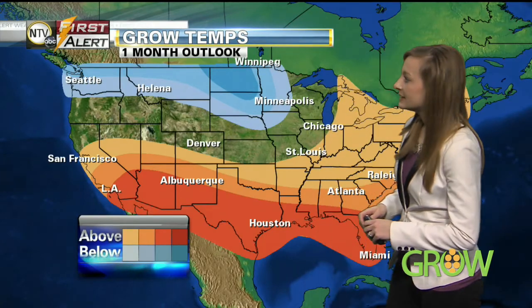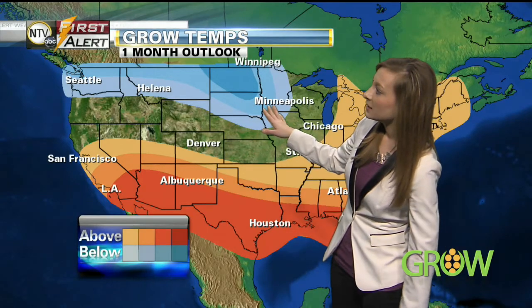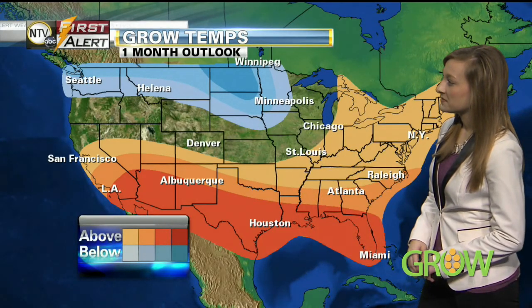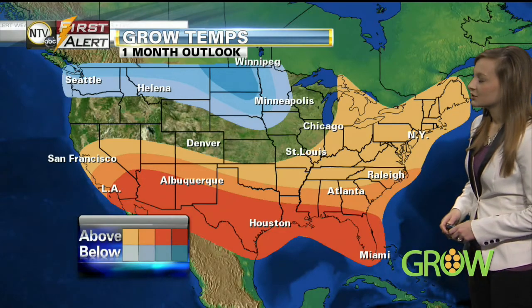Let's switch gears to temperatures. Anywhere not shaded, once again looking at equal chances. So we could see some below normal temperatures for 1 month out for portions of northern Nebraska, stretching into the northern plains, and then above normal temperatures are expected for 1 month out, including Texas, all of Oklahoma, a small area of Kansas as well, and you can see a large area looking at that potential for 1 month out,